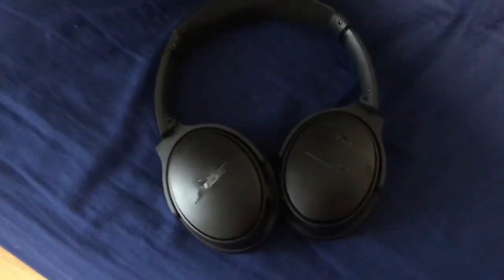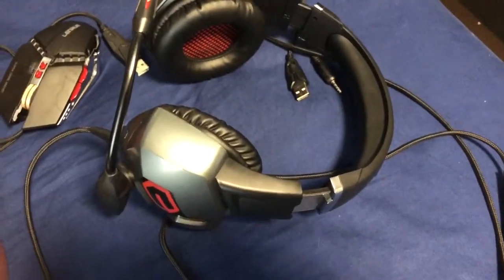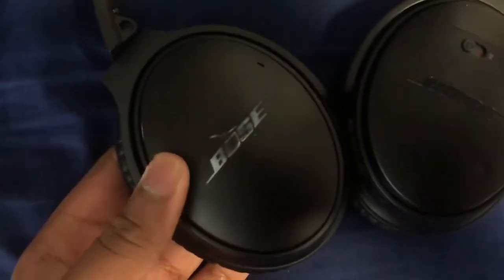But hey, at least it held up better than the Bose Quiet Comfort 35 2s, which I reviewed a few months ago. These I reviewed in September. I bought this in July. This, as you can see, did not hold up very well, but this held up very well. So SKYWOO did do a pretty good job on the reliability,